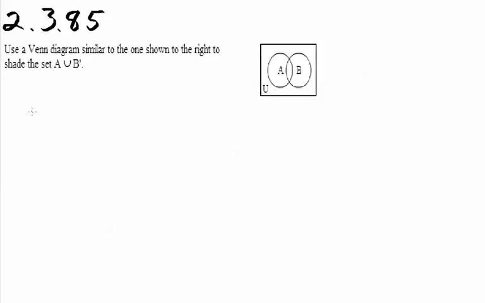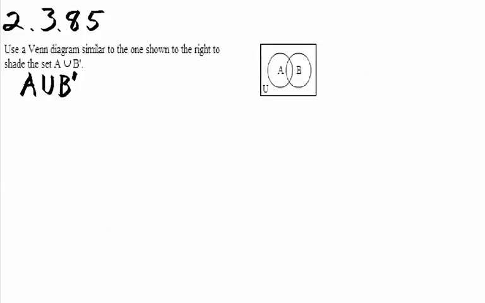Use a Venn diagram similar to the one shown to the right to shade the set A union B complement. So what I'm going to do is write this a little bit bigger so that we can see the writing. It's going to be A union B complement, or B prime, which means that we're going to use the diagram to the right, and we're going to understand where set A is. We're going to understand where set B complement is, and then we are going to find where those two sets